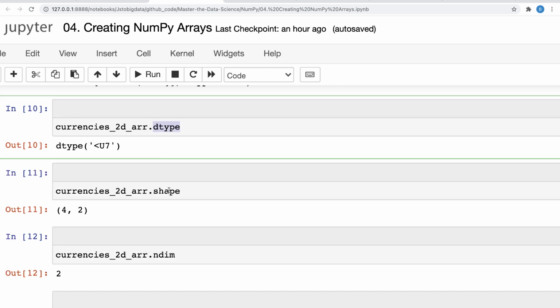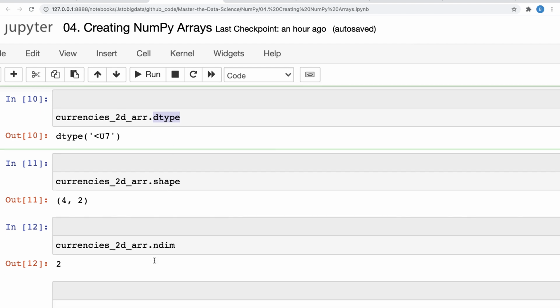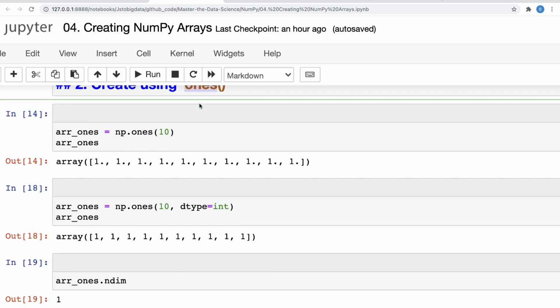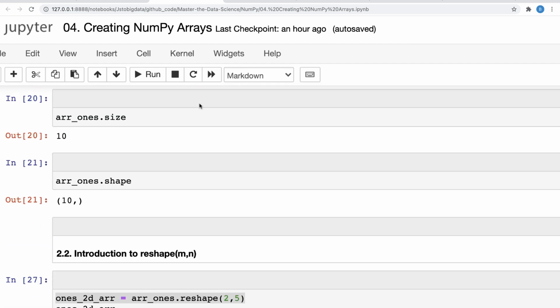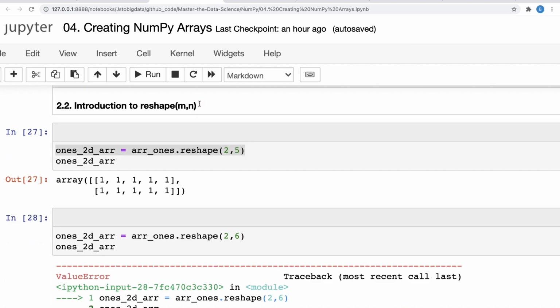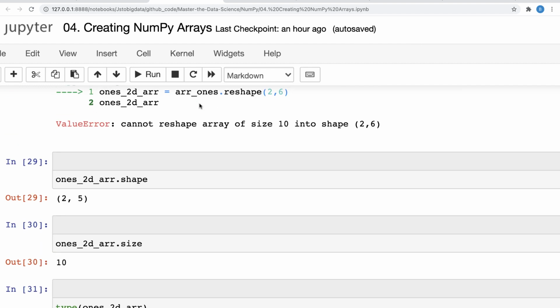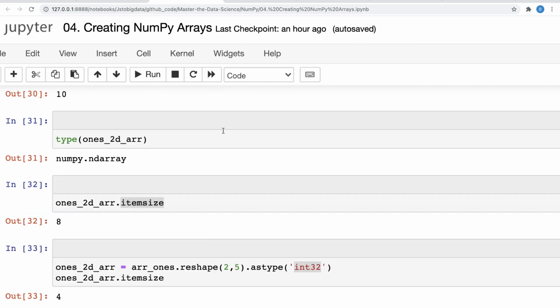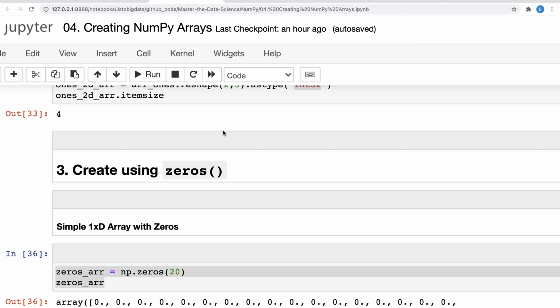There are other properties that we have seen like dtype, shape, ndim. And to create an array which is filled with ones, we would use the function ones, and again we checked how to convert that one-dimensional array into a two-dimensional array and so on. We have also seen some exceptions here. When we do not specify the dimension properly, it throws an error when we try to reshape it.